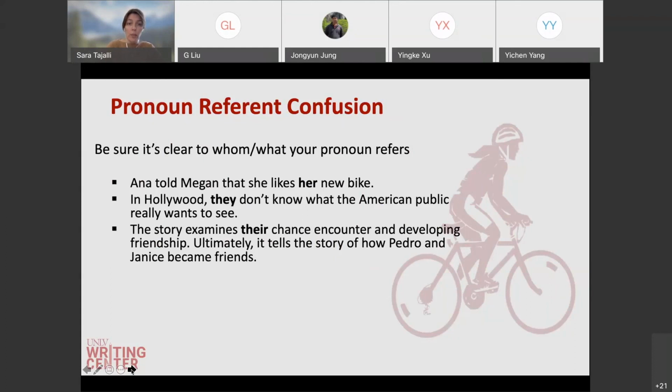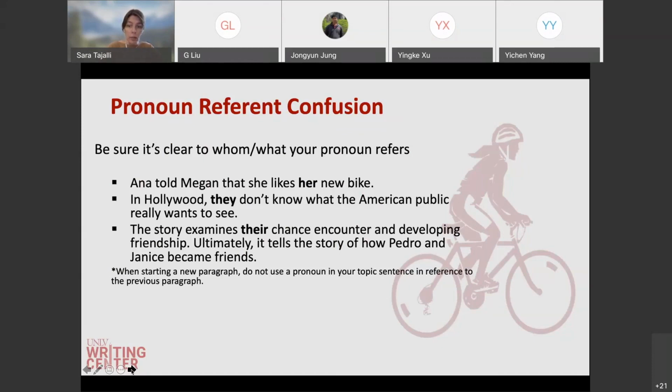So you want to make sure that if you are using these pronouns, they're coming after the first mention of these proper nouns or these nouns that you're referring them to. And a good idea too is to also make sure that if you're starting a new paragraph, don't, in your topic sentence or in the beginning of the paragraph, use pronouns to refer to something that you mentioned in the previous paragraph. Just reintroduce the name or the topic,